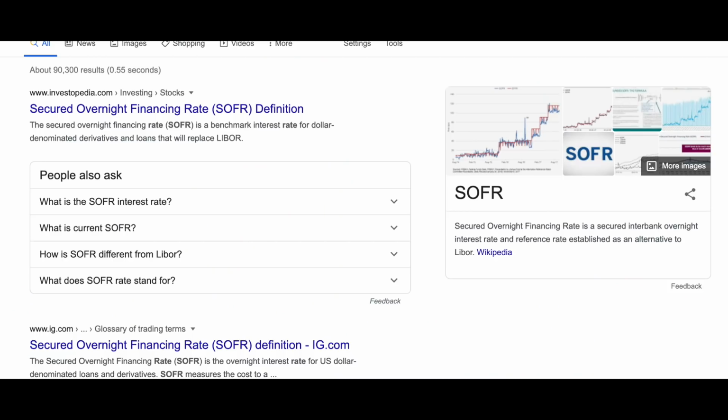So it's been very hard to get the bankers to phase out using Libor. For example, the major dollar substitute is called SOFR. It's the Secured Overnight Financing Rate. And the difference between SOFR and Libor is that SOFR is secured and Libor is unsecured. So that's the other thing as well. I think what I've told you so far will help you understand what's going on.